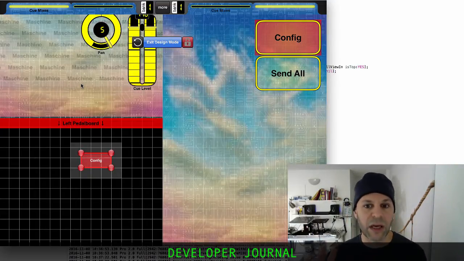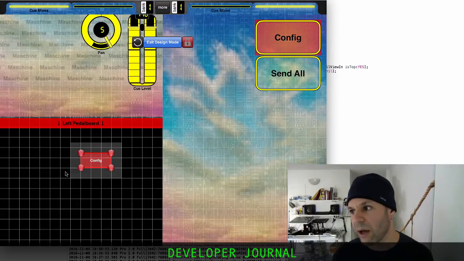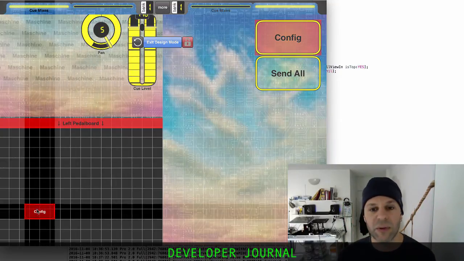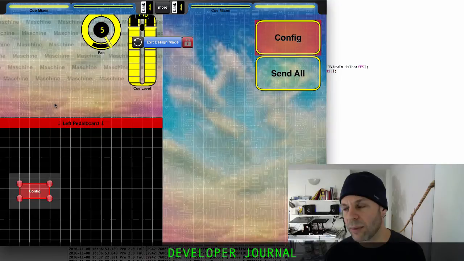We're going to be moving away from that model, even though that will still work. So we're going to provide other ways to do it, mostly with what we're calling geographic sub-controls. But anyway, the main thing I want to do for now is, okay, you've got this thing on the pedal board page, but